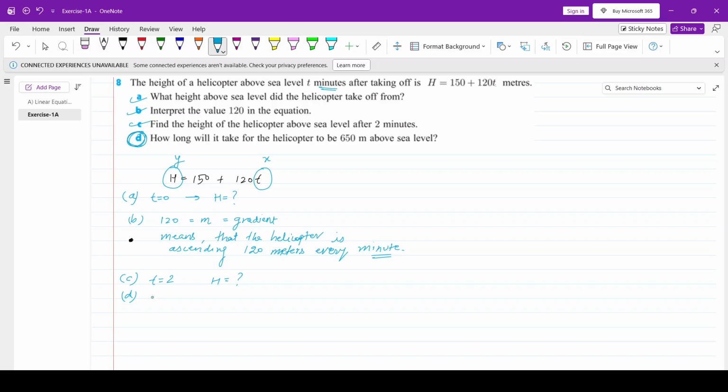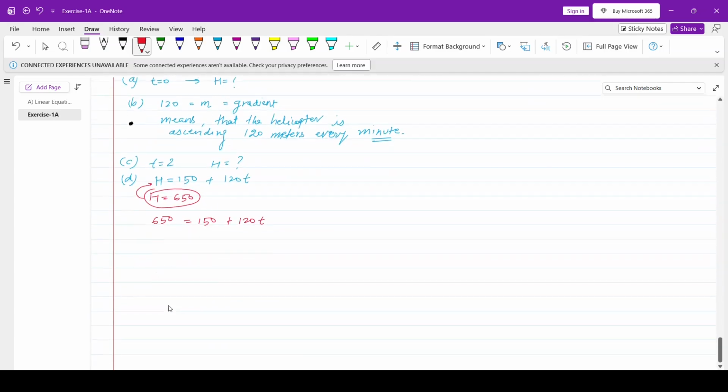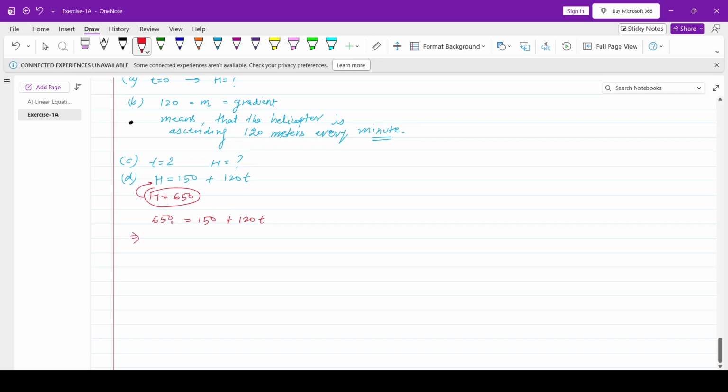I'll do it. We have the equation of height, h is equal to 150 plus 120 t. Now the question is asking how long will it take the helicopter to be 650 meter above sea level. So we have the value of h, 650. If we put this value of h in this equation, what do we get? 650 is equal to 150 plus 120 t. Moving this 150 to the left side,